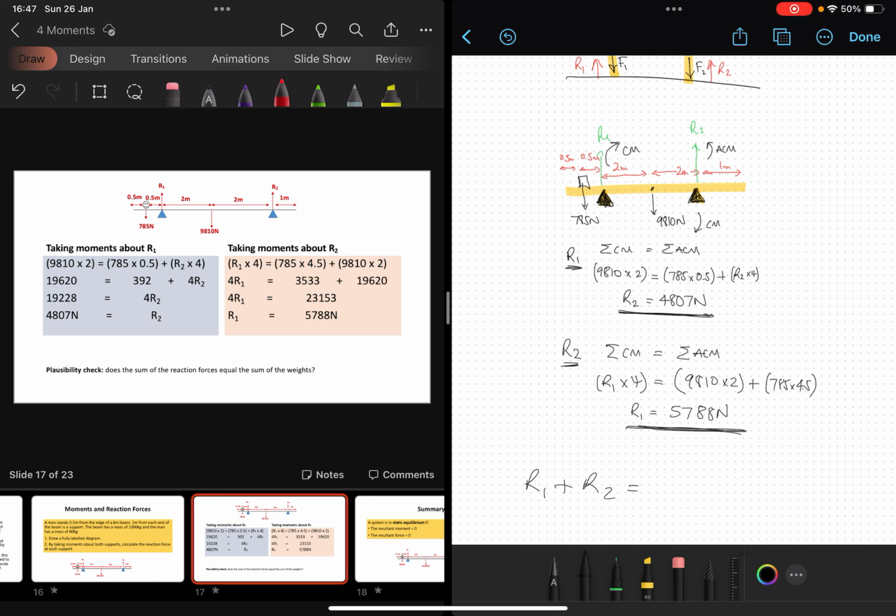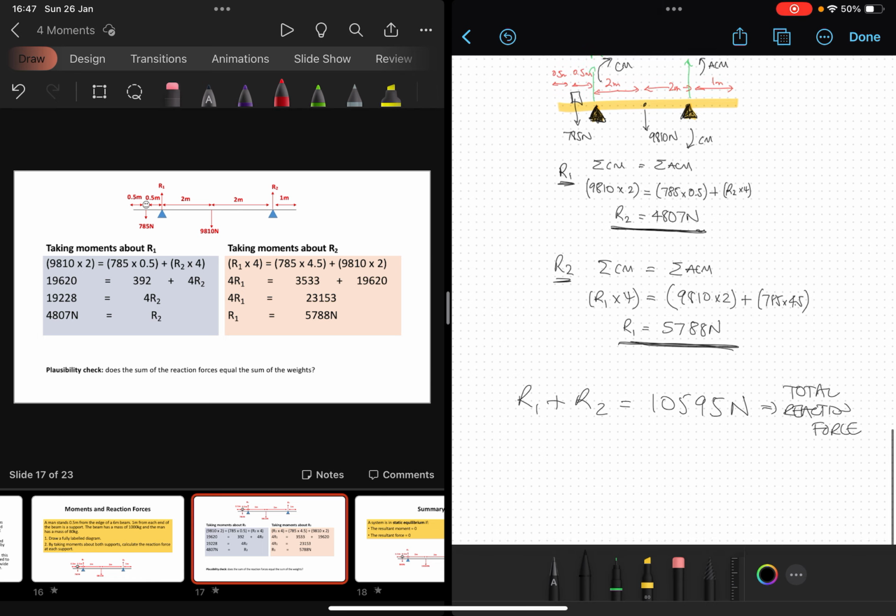And if you add up 4,807 to 5,788, you get 10,595 newtons. Okay, what is that? That is R1 and R2. That is the total reaction force. If that seesaw is not sinking into the ground, then the weight acting downwards must be equal to the reaction